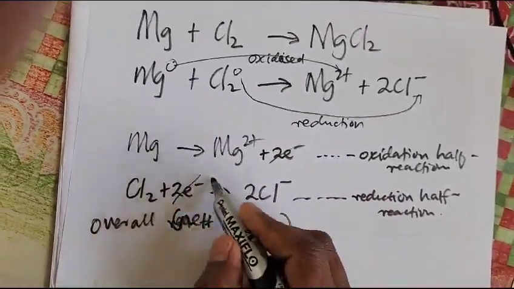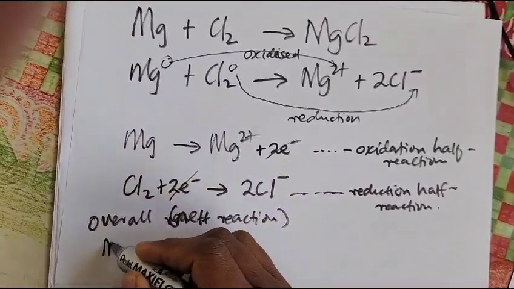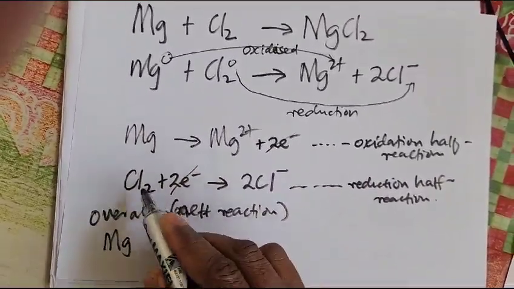And then on the left hand side of the arrow, in the first one I've got Mg, in the second one